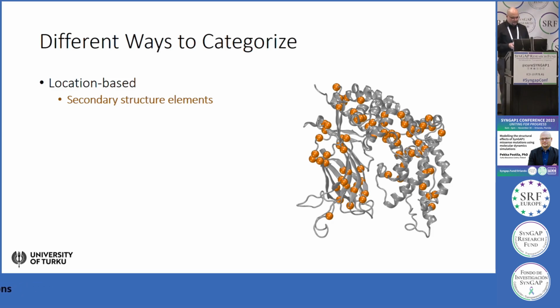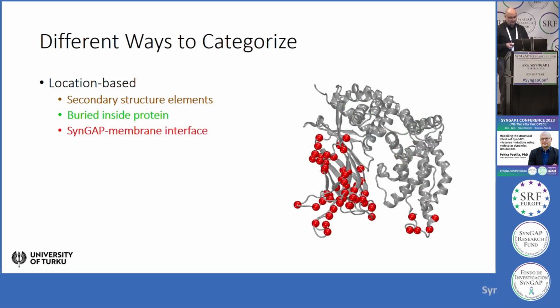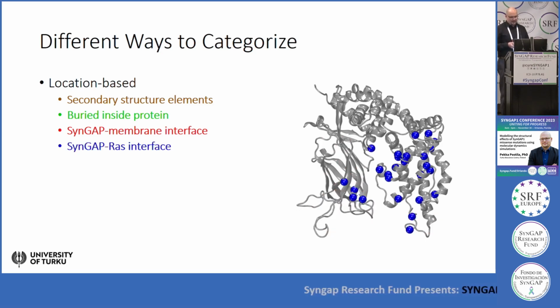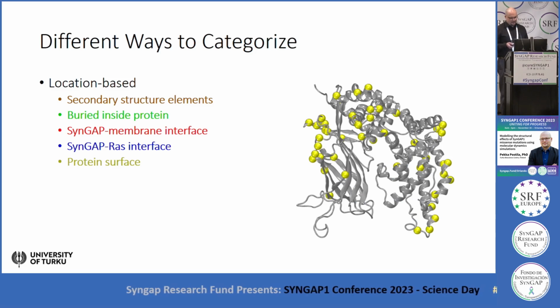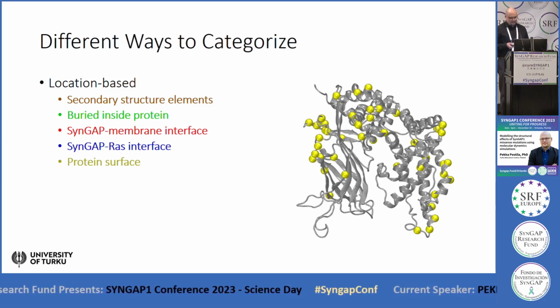So a couple of words about the results. We've tried different ways to categorize these mutations, what they're doing. So if we look at the structure, here's a bunch of missense mutations that are affecting the secondary structure, located in secondary structure elements. Then we have some of the residues that are buried, or the side chains are buried, so when the exchange happens, it's inside the protein, the side chain. And then here's a bunch of mutations that are close to the membrane interface, so they might affect the membrane association. And here's a bunch of mutations also at the interface with the RAS